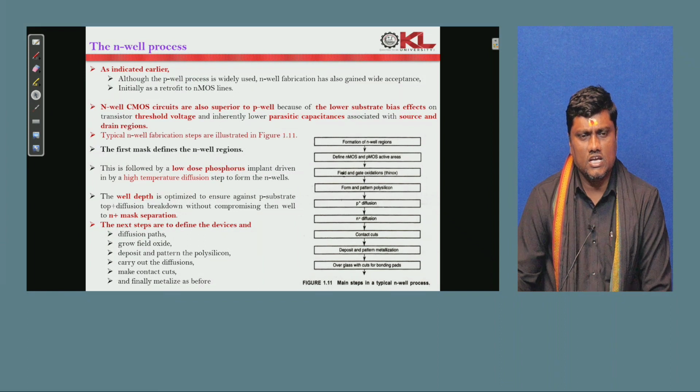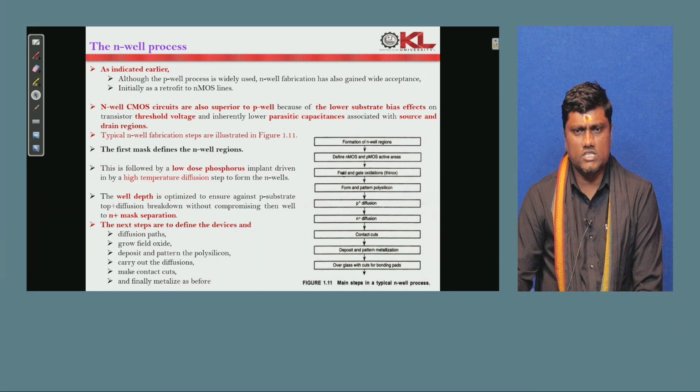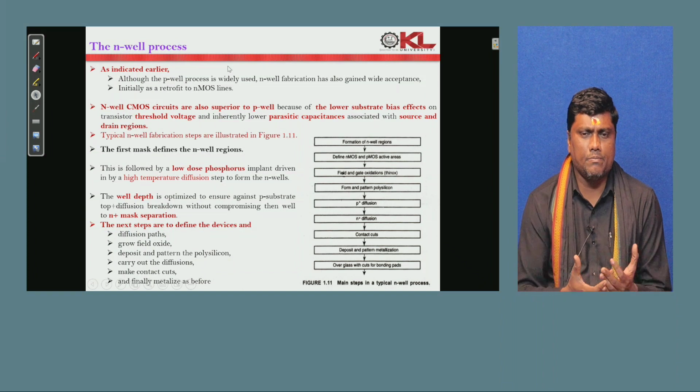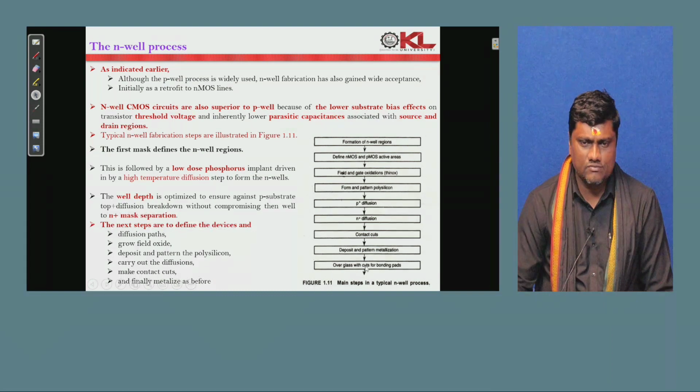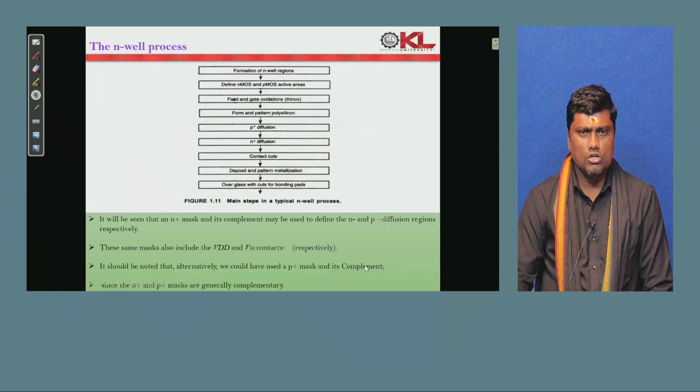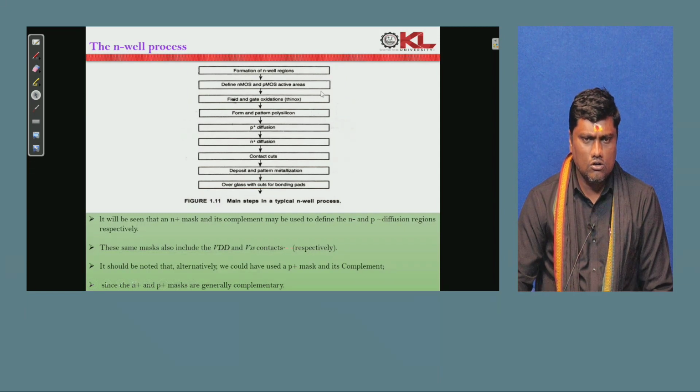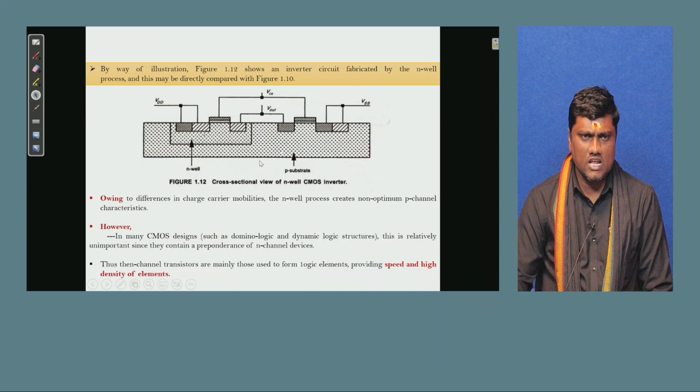The other technique is the N-well process, which is the reverse of the P-well process. The steps involved are: formation of the N-well regions, defining the NMOS and PMOS active regions, field and gate oxide, forming and patterning polysilicon, P plus diffusion, N plus diffusion, contact cuts, deposit and pattern metallization, and overall glass with cuts for bonding pads. All these steps will be processed in the N-well process